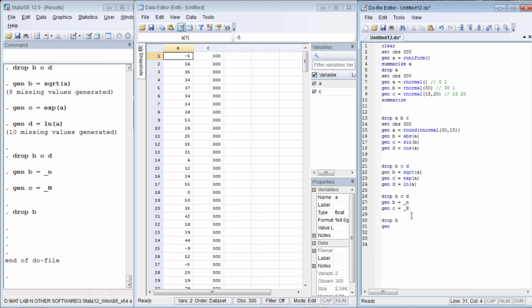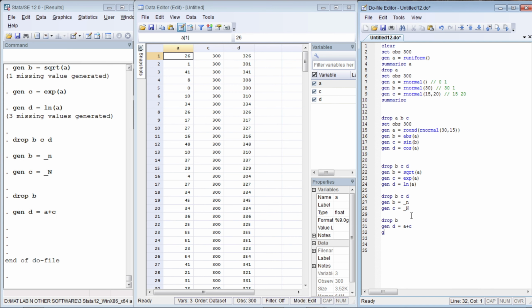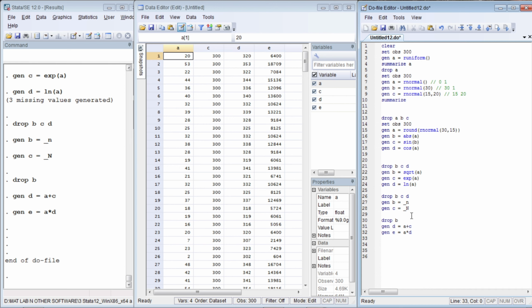So generate b equals, generate d equals a plus c, or you can write generate e equals a into d. That's equally fine. Now let us drop d,